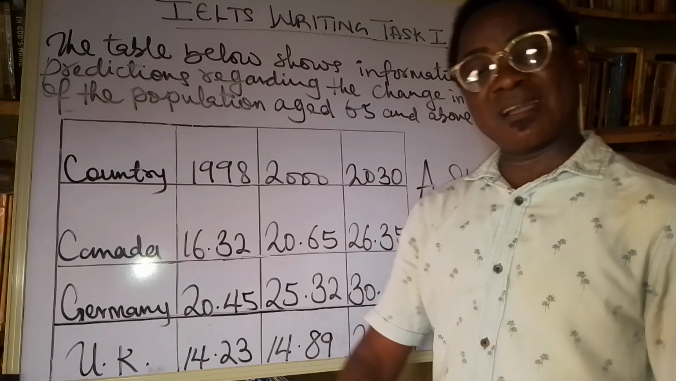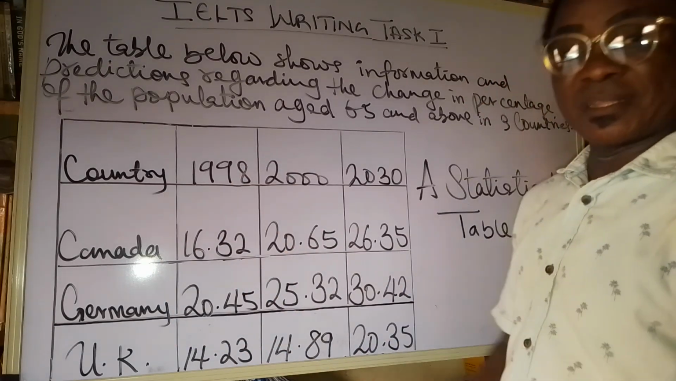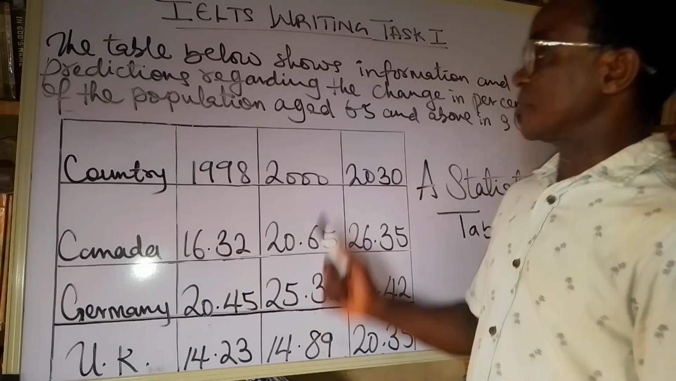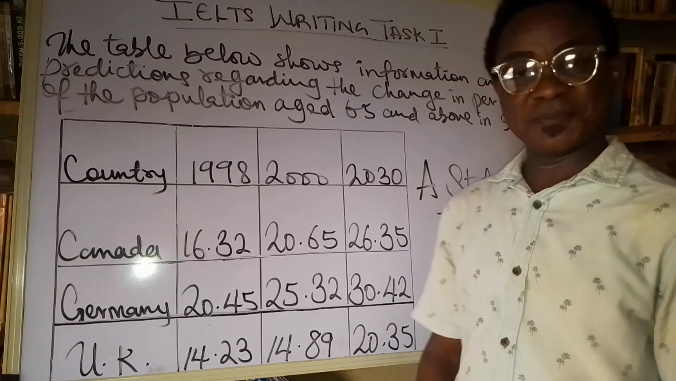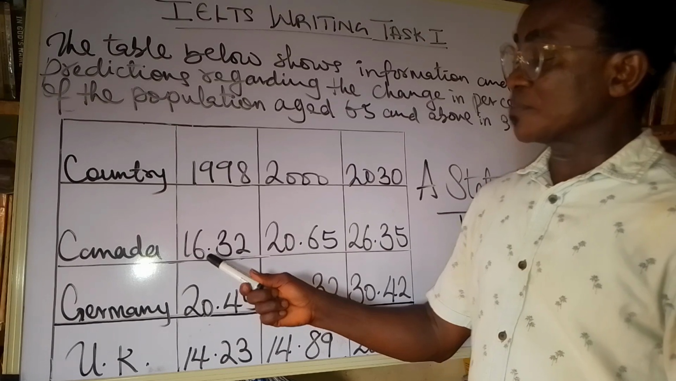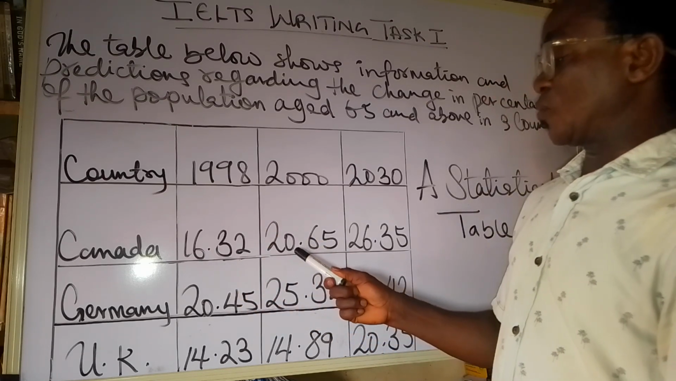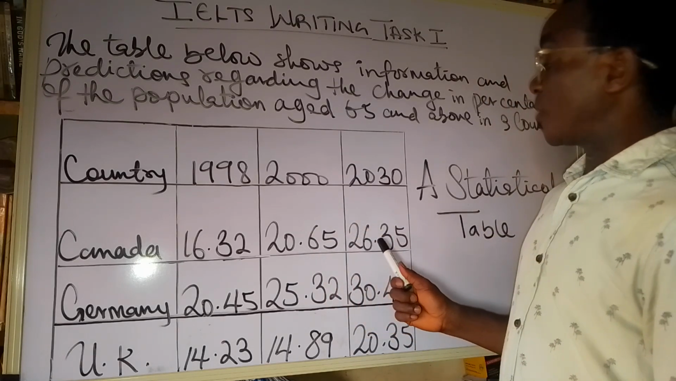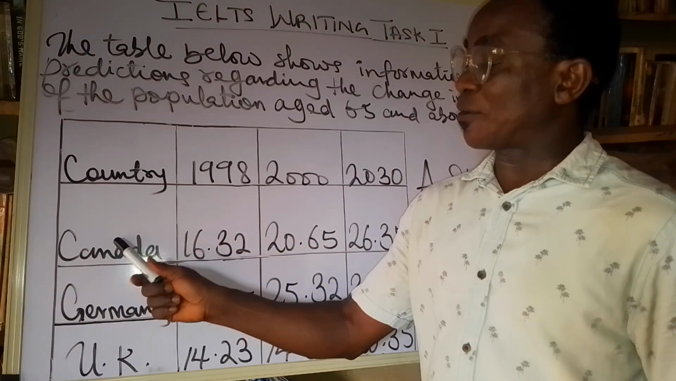At a glance, we discover that all the 3 countries being studied have the potential to increase their population aged 65 and above during the study period. As we can see, there is an increase from 16.32% in 1998 to 20.65% in the year 2000, and finally 26.25% in the year 2030 in the population of Canada